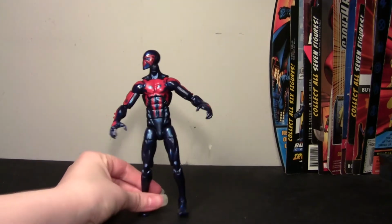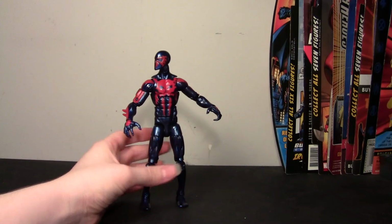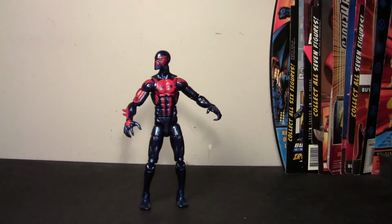I mean, looking at him and looking at the comic Spider-Man, I can see their legs now look a little bit short. At least I think they do. It's not super noticeable unless I'm pointing it out to you right now, and now you're probably going to be like, gee, thanks, Olivia, why would you say that now? I noticed it, because if I hadn't seen others pointing it out, I probably wouldn't have really thought about it